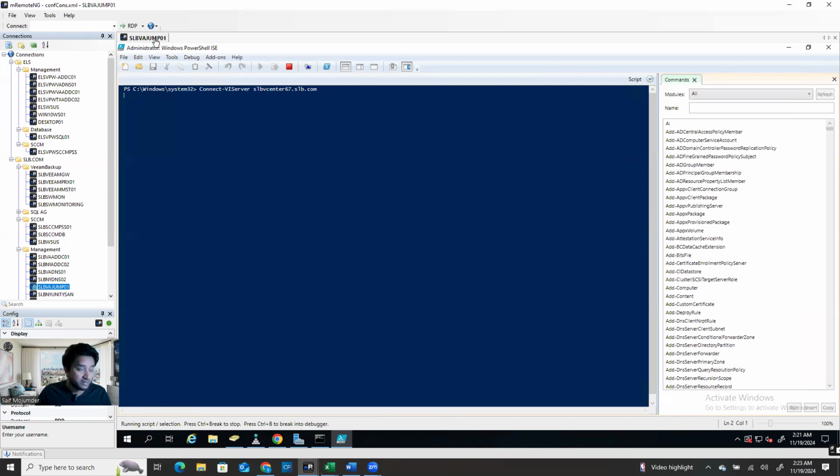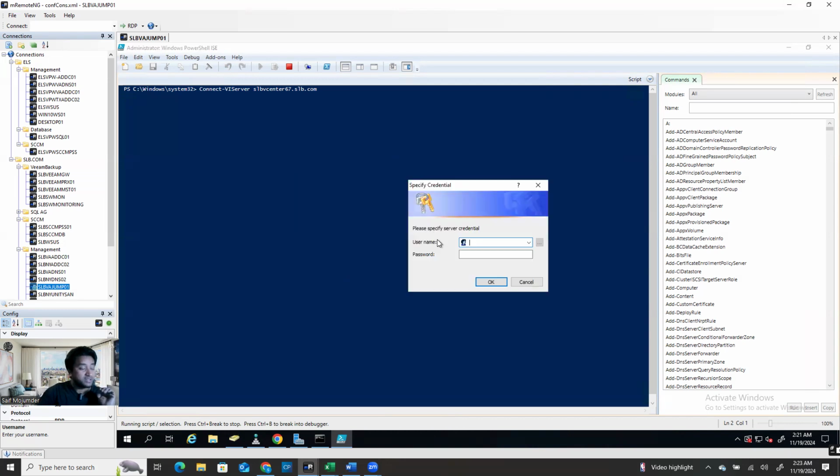But if you log in to this jump machine with your administrative account, and your vCenter is integrated with your Active Directory, and your user is assigned on that vCenter, in that case you don't need to log in. If you log into the Windows machine, you'll automatically be logged in, which is called single sign-on.